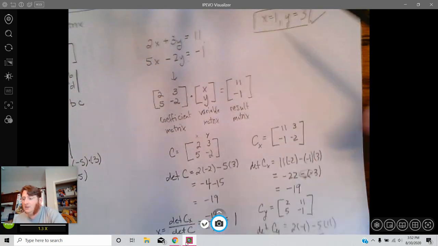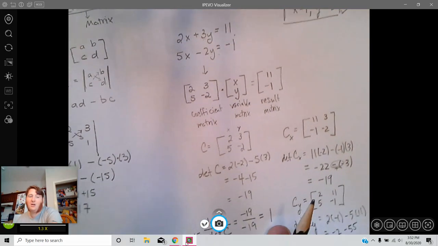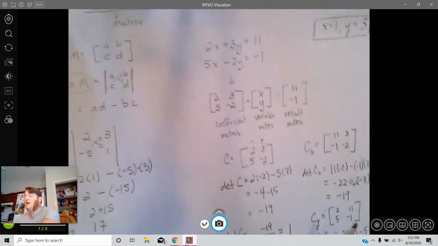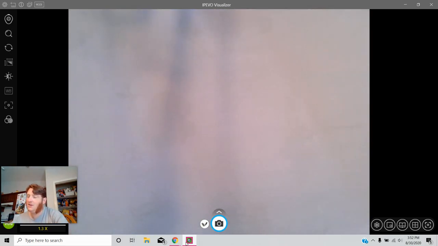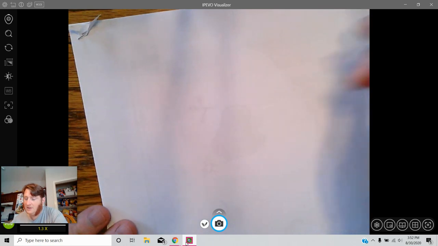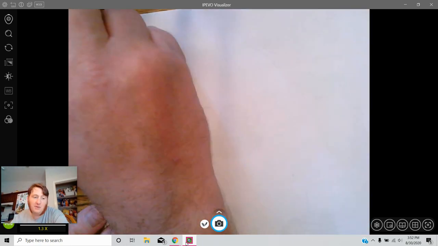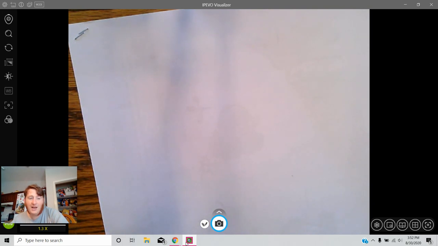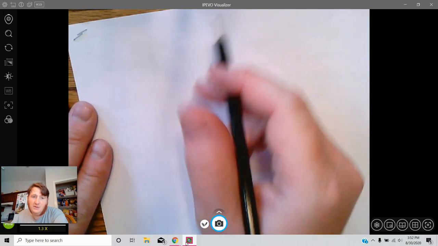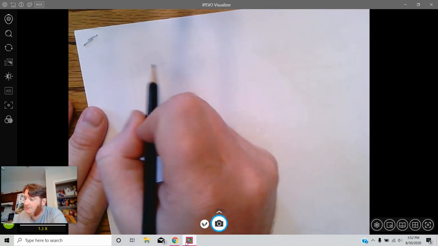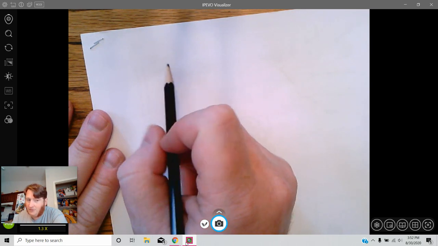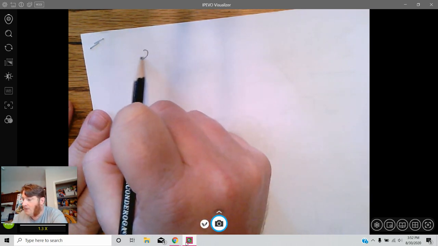It can be extended to larger and more complicated systems. Now, we're not going to do that in here, but they at least kind of hint at the fact that that can happen because they do ask you to find determinants of 3x3 matrices, which would be the start of looking at how to solve systems of 3 equations with 3 variables each. So there would be X, Y, and Z using determinant methods to solve the system. But all you have to do is be able to find the determinant of a 3x3 matrix. So you won't need this first part for the homework, but I just want to kind of show you a